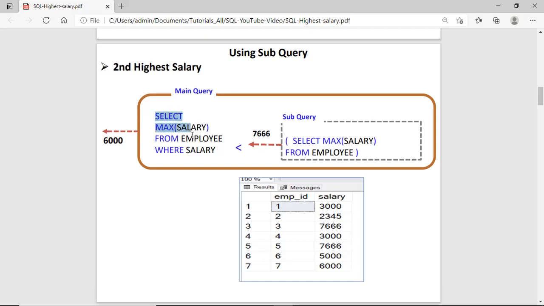Again in the main query, we are finding out the max salary but less than 7666, and that value is 6000, this one. So this is how we can find out the second highest salary using the subquery.